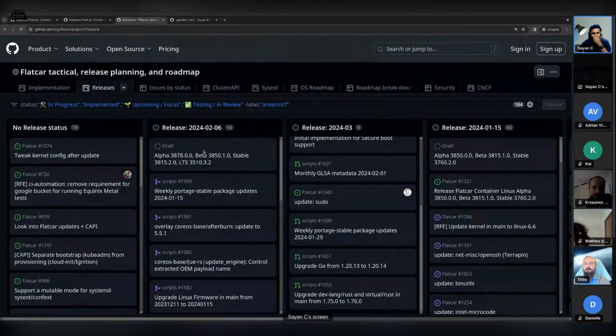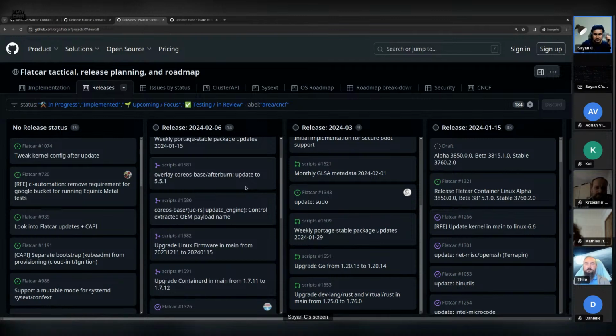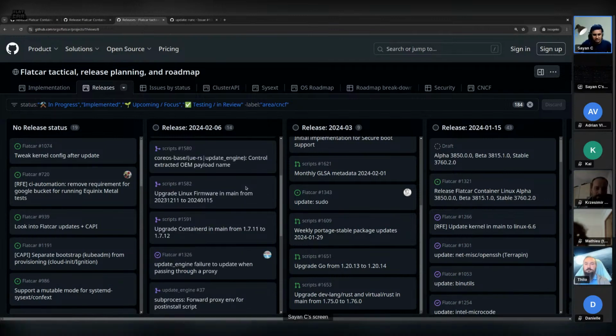From the planning perspective, just to give an update, in the current releases we are doing a major release for alpha, beta and stable, and a maintenance release for LTS as well. So it would ship a couple of package updates, and along with that, Stable has a couple of bug fixes as well.